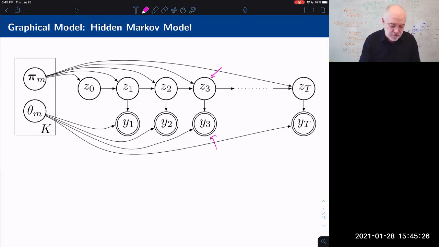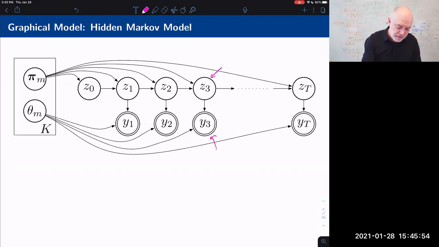So Z will live in some integer-indexable set, 1, 2, 3, 4, or something like that. And Ys could be anything. They could be strokes, they could be cepstral frequencies, a spectrum, spectrograms for a time slice of an audio signal, and so on. And the point is,